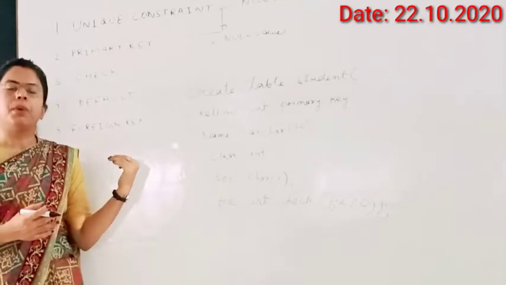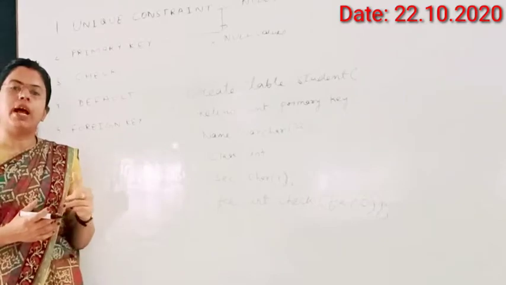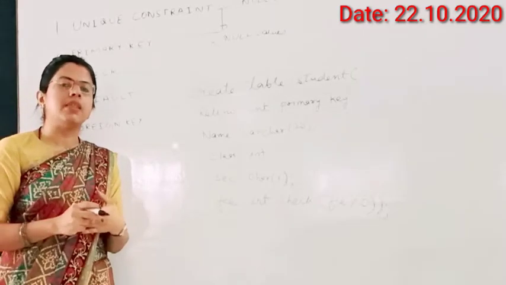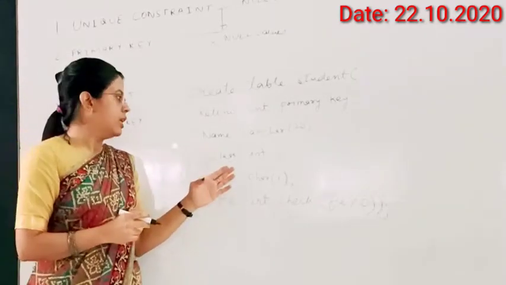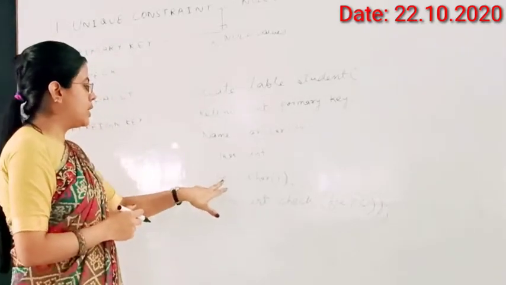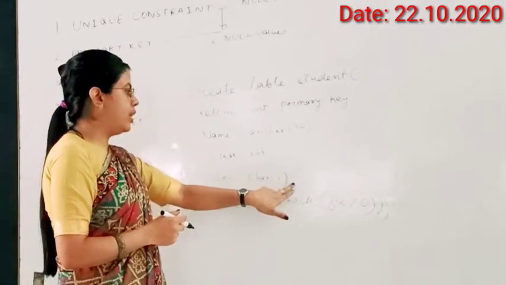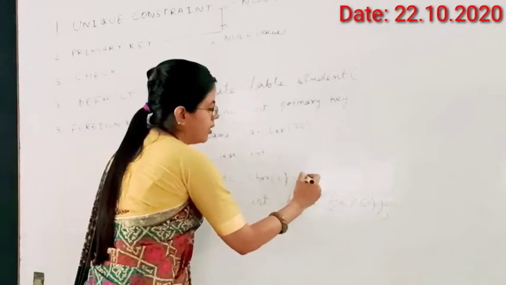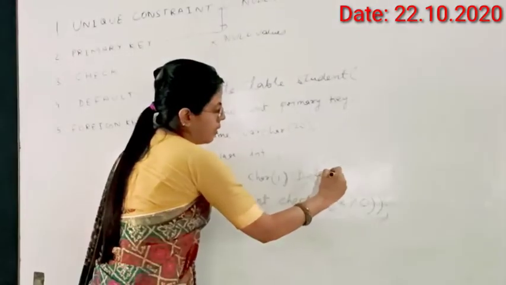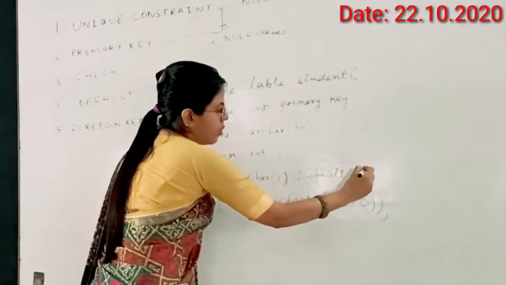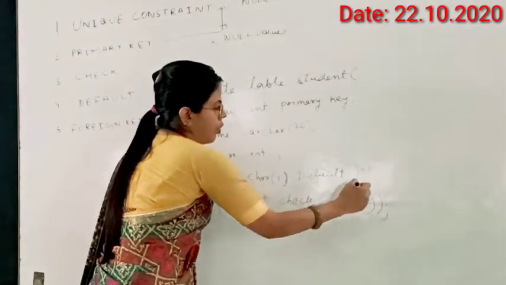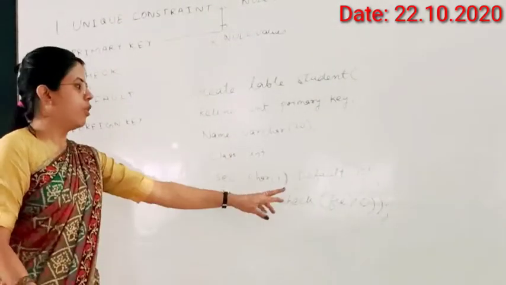So you can use a default constant for putting the value by default as a C in that particular field. So what I will do, I am going to write here section and then a single quote I will write C, give a comma here. So this is how default constant will work.